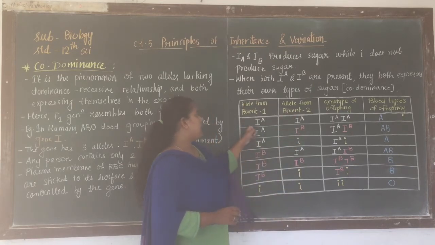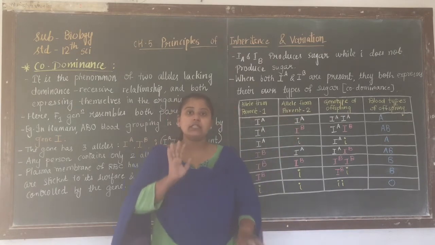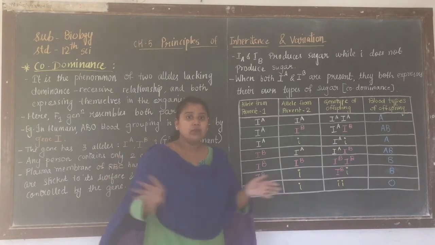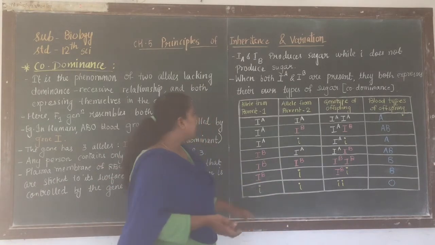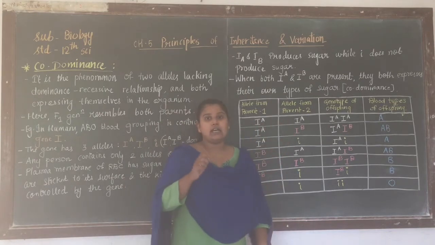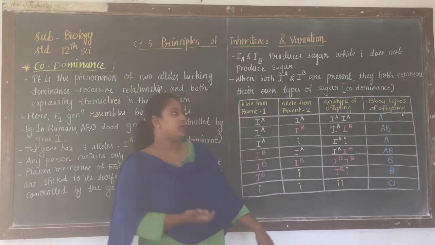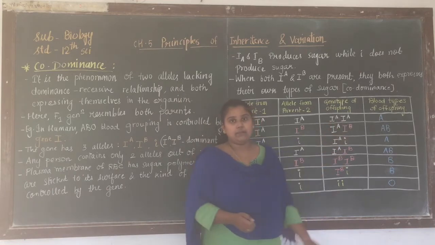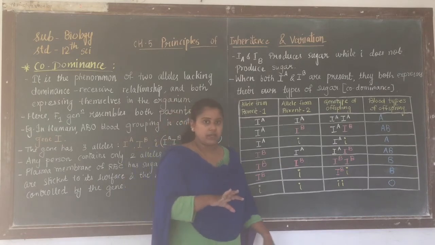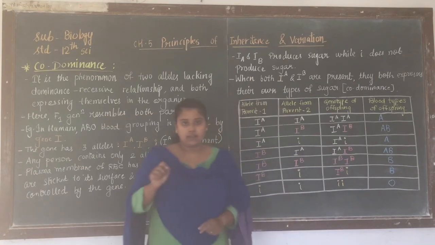Now if parent 1, say for example this is the father and this is the mother, the father is having capital IA and the mother is also having capital IA. That means when the 2 gametes of the ABO blood group, that is the gene I, merge in the offspring, both of the gametes will have IA. So the genotype of the offspring will be capital IA, capital IA. That means only one single type of sugar is expressed in the offspring, and for this reason the blood group of this type of offspring will be A, right?